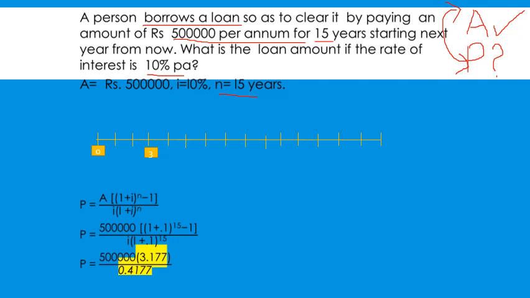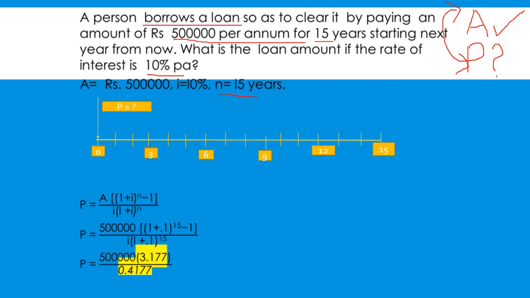First let us draw the cash flow diagram. First draw the timeline 0 to 15. Then what is to be found out? That is P is to be found out. Why is it in the positive flow? Because you borrow a loan. When you borrow a loan, what happens? It comes to your account. That's why P is on the positive side.